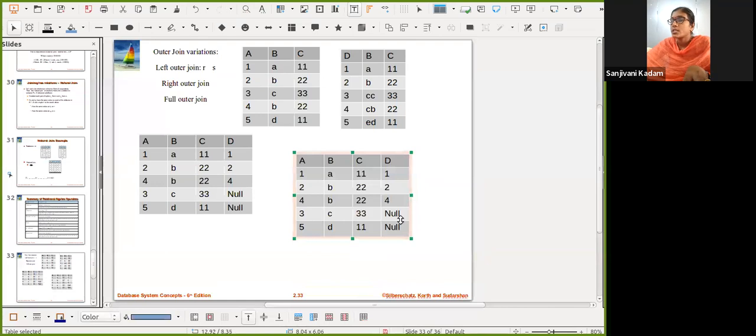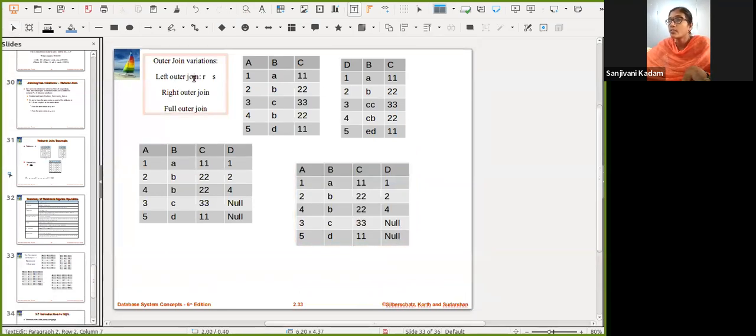Okay. So the obvious meaning, if we are considering the left relation in the left outer join, in the right outer join we consider our right relation. So this is my left relation as the input, and this S is my right relation. So whatever the output of natural join is there, that will be chosen as it is.